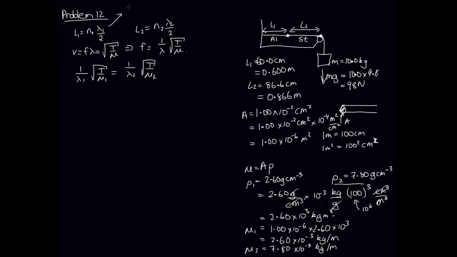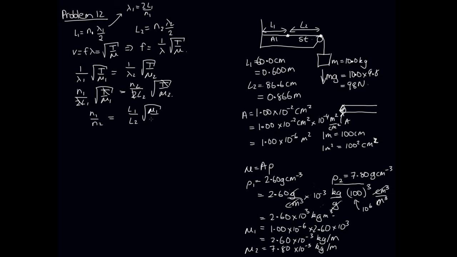So this one we can rearrange as lambda 1 is equal to 2L1 on N1, and similarly here. So instead of 1 on lambda 1, we can put N1 over 2L1 times the square root of T over mu 1 is equal to N2 over 2L2 times the square root of T over mu 2. And now we can cancel out the common factors. So the tension's the same, and this 2's the same. And so we can now get an expression, N1 on N2, just rearranging this, is equal to L1 on L2 times the square root of